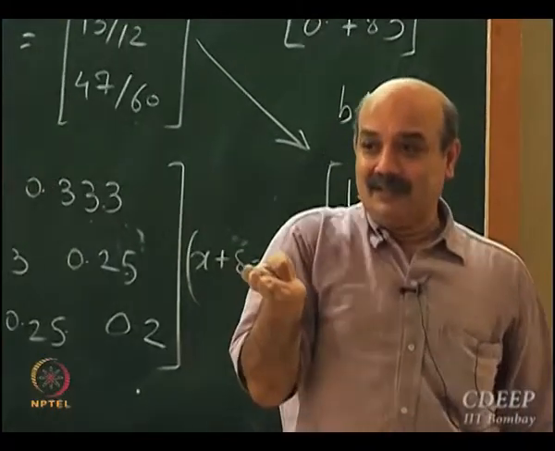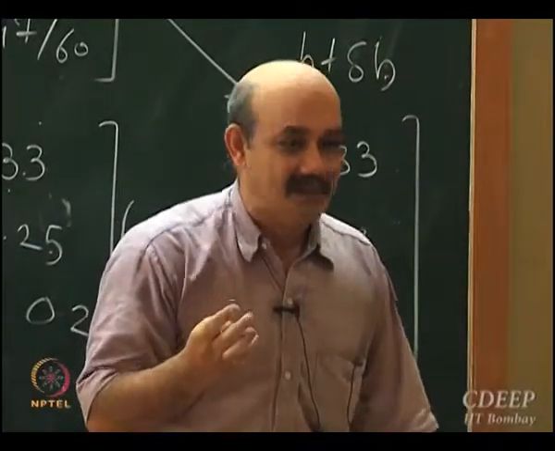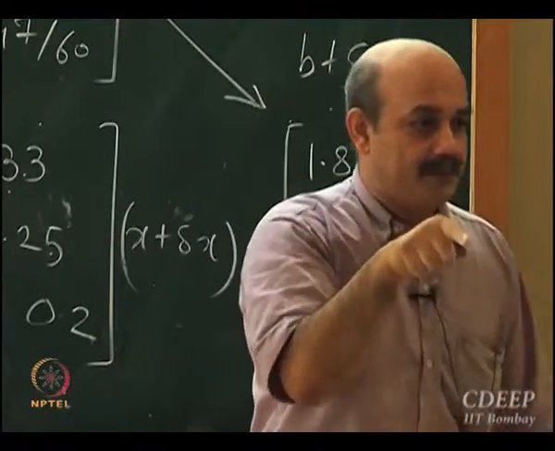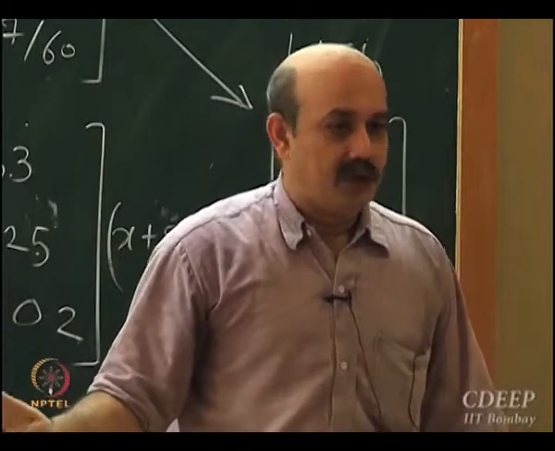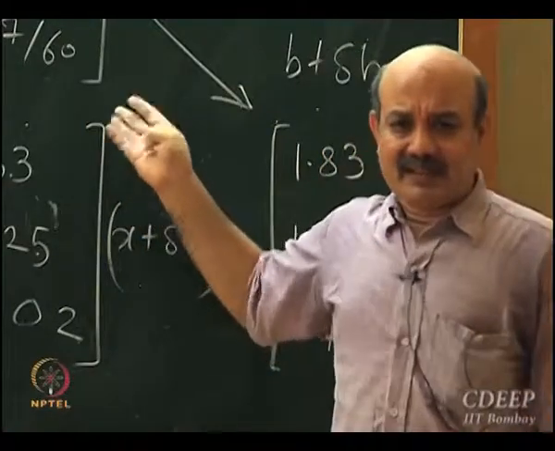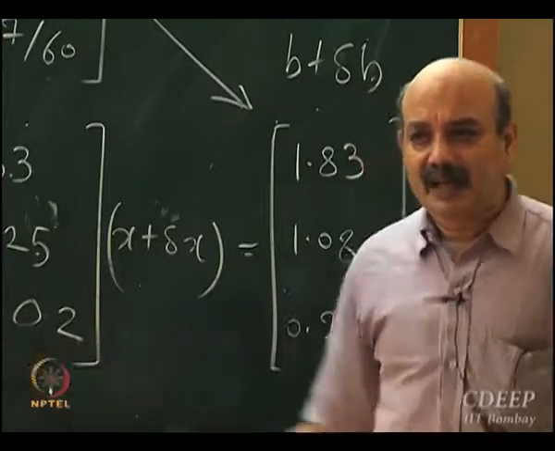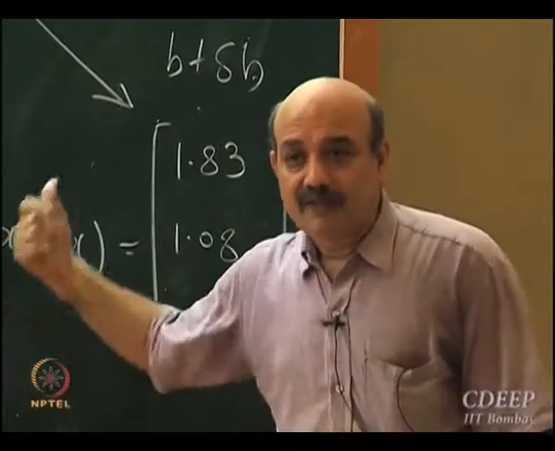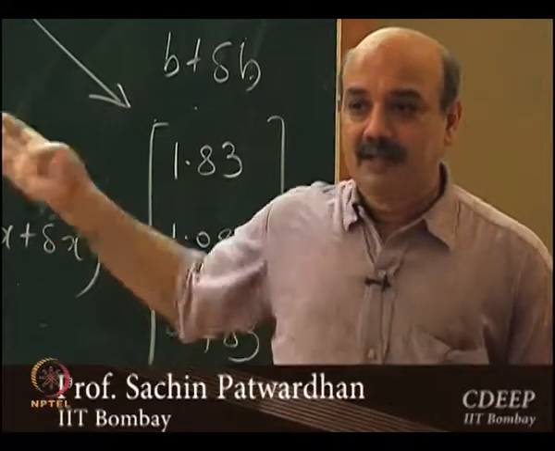When the solution is garbage, when have you committed a mistake? If a matrix is well conditioned and you are getting garbage, you have made a mistake in programming. If a matrix is ill conditioned and you are getting garbage, it is not that the software is wrong, not that the program is wrong, it's an inherent problem. Just see here, with condition number 700, a small change on the right hand side, a very small change on the left hand side, A and B matrices, you get a drastically different solution. Even for a 3rd order polynomial, you have this situation. That's why we don't try to fit high order polynomials.